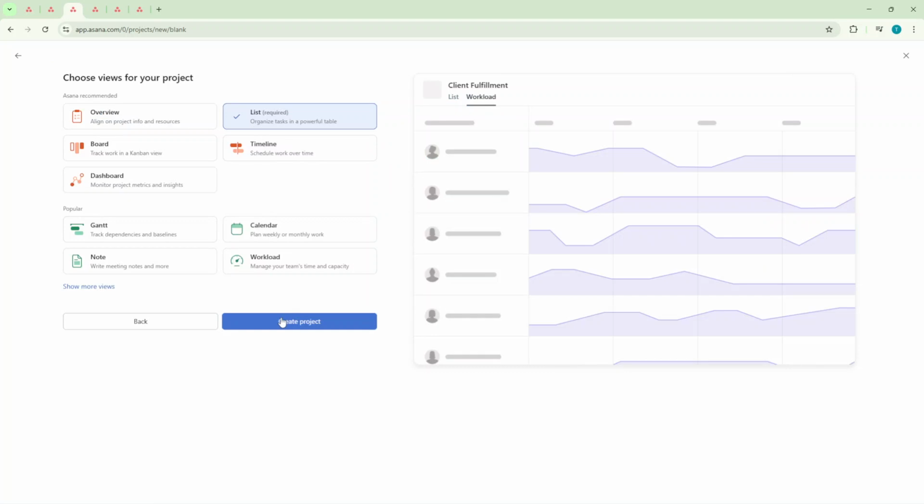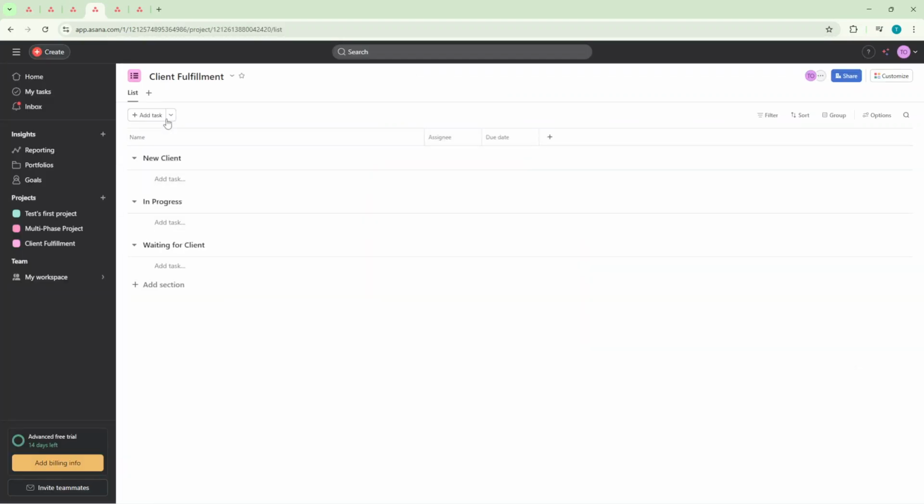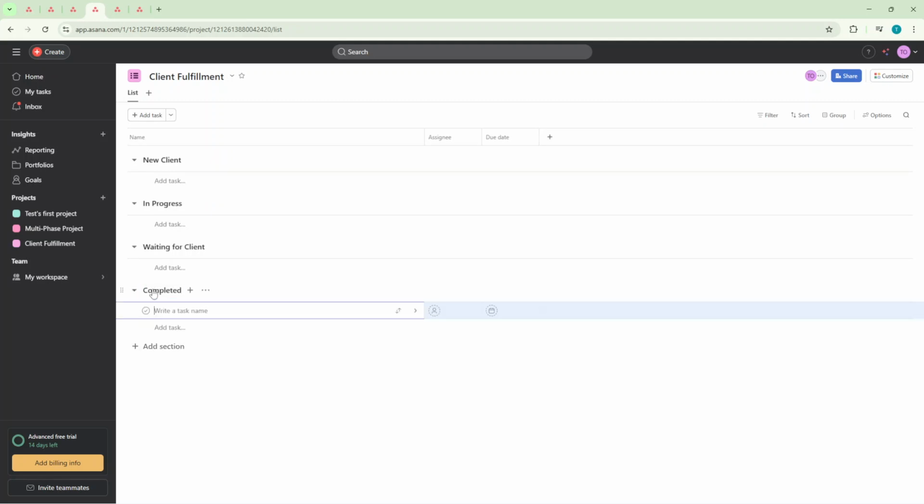Now let's structure your workflow with sections. Click Add Section and type New Client, then press Enter. Add another section called In Progress and press Enter. Add a third section named Waiting for Client and press Enter. Finally, add a fourth section called Completed and press Enter. These sections represent the stages of your client pipeline, so you can quickly see where each client stands at any